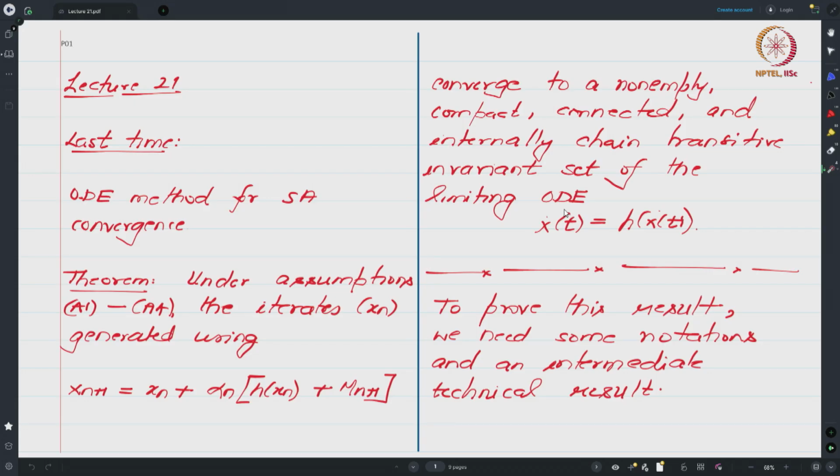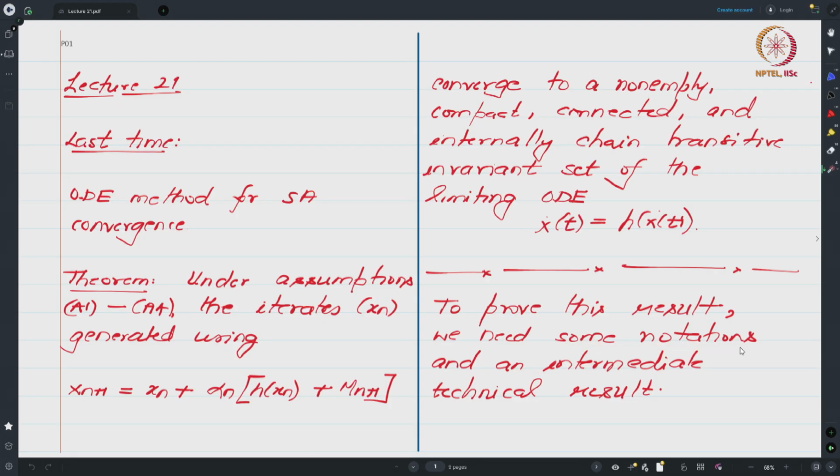So, what we are saying here is that on different runs of the experiment, the algorithm will converge, and the place where it converges to has some nature that can be described in terms of the invariant sets of the limiting ODE. So, today we will prove a part of this result, and to prove this part we need